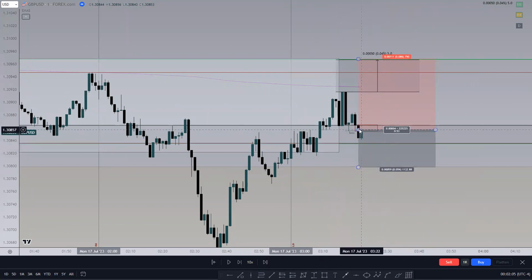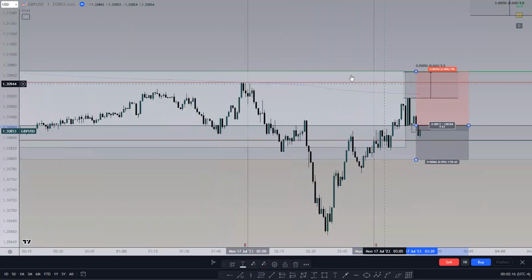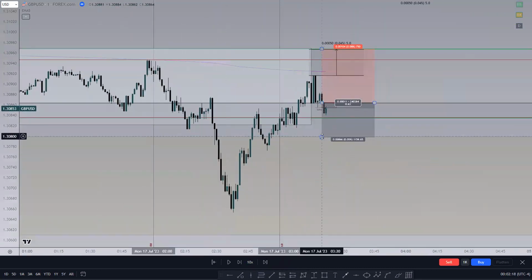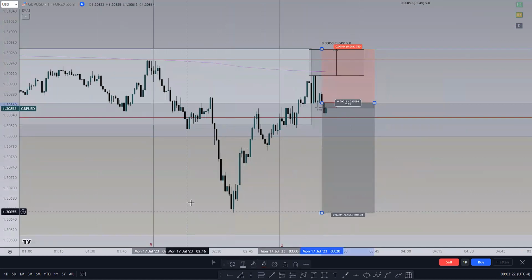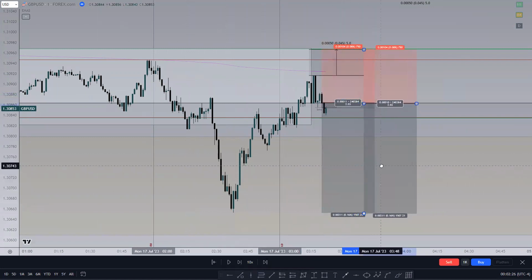And again, you can always adjust your entry within the imbalance. You could aim to enter at the tip of the imbalance, which is the optimal entry point, or you could enter at the high of the imbalance. Then your first target should be the recent low. In this case, you want to ensure that you can get a 1 to 2 to the recent low as the minimum risk reward. And then of course, your secondary target